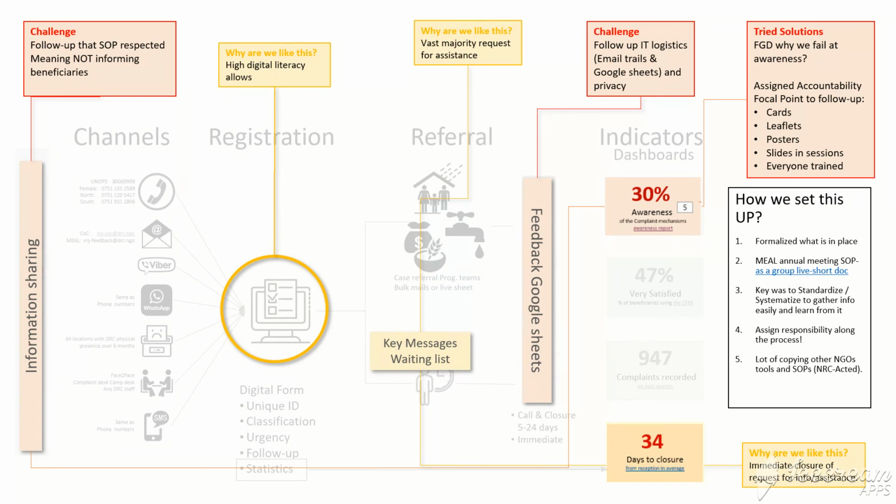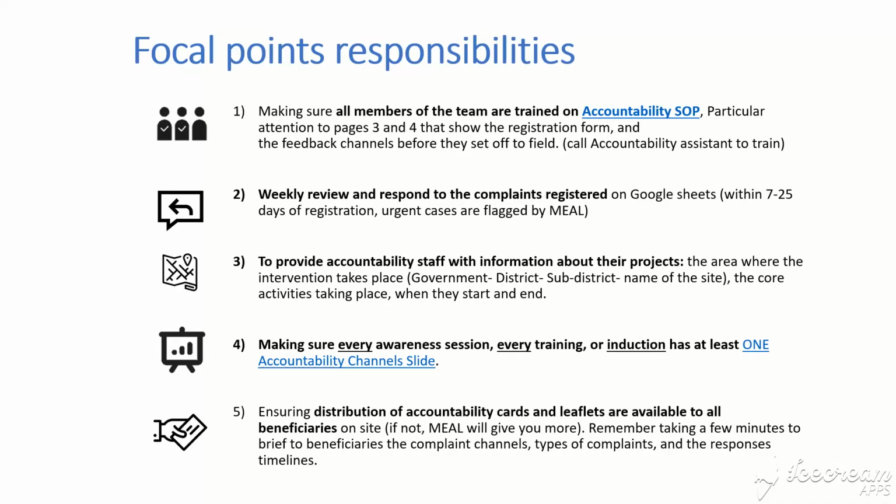And to tackle this last point, we have worked to set up focal points in each of the teams. Each of the focal points has these 5 responsibilities. For example, they have to make sure that all the team members are trained in the accountability SOPs, weekly review and respond to complaints registered, provide accountability staff with information about their projects and which locations they are in, so they can be properly referred, and making sure every awareness session and every training or induction